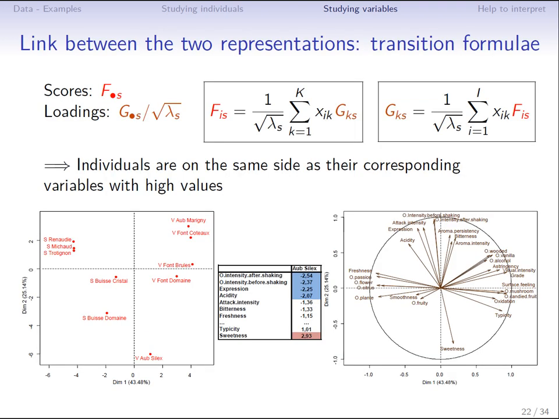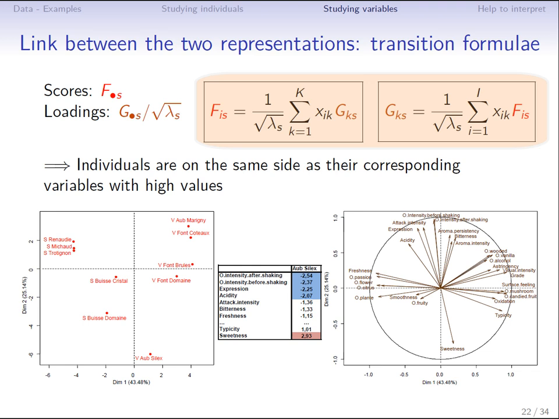It is quite magical because it is the same representation. The relationships between the cloud of individuals and the cloud of variables are brought together under the general term of relations of duality. This term refers to the dual approach of one single data table by considering either the lines, the rows, or the columns. This approach is also defined by transition relations that allow to calculate the coordinate in one space from those in